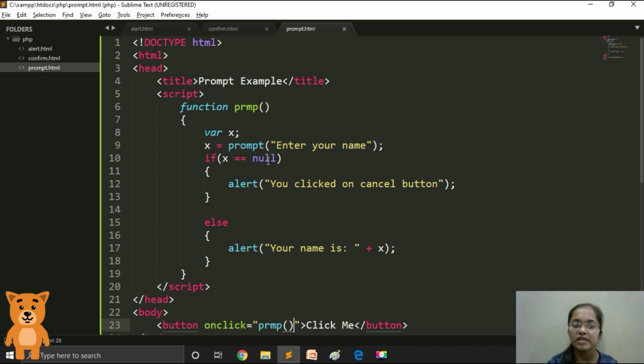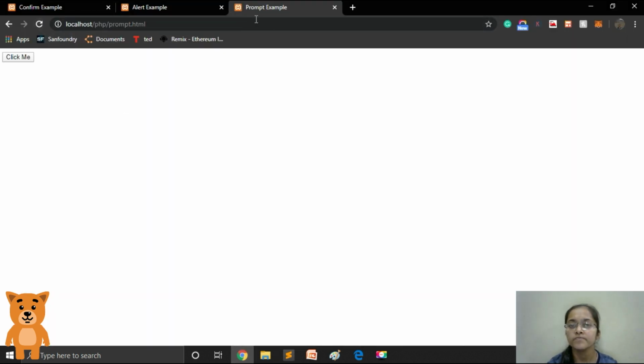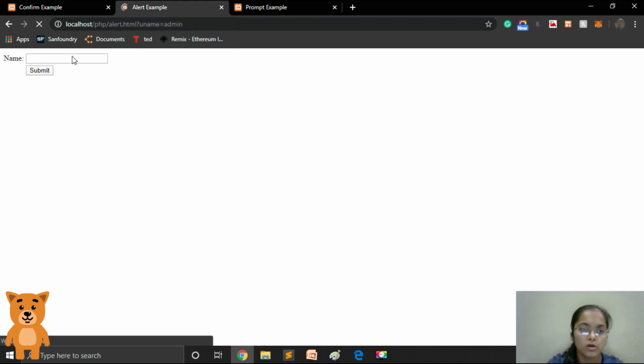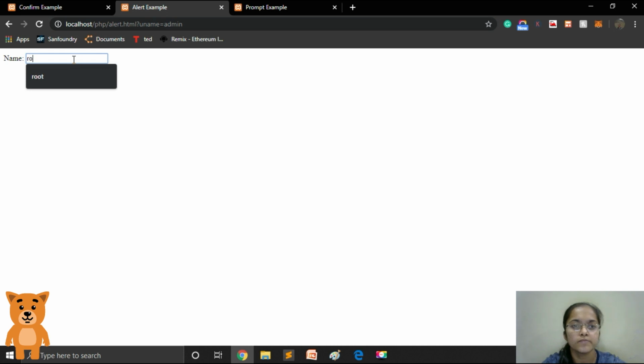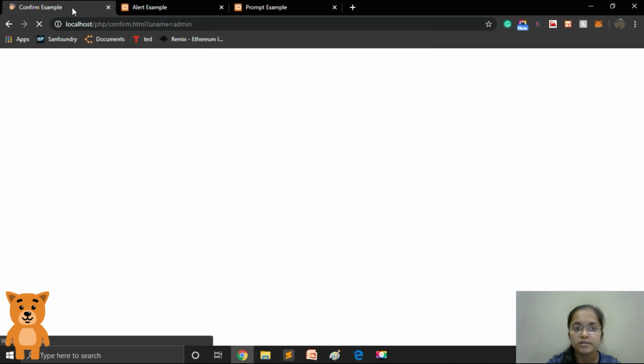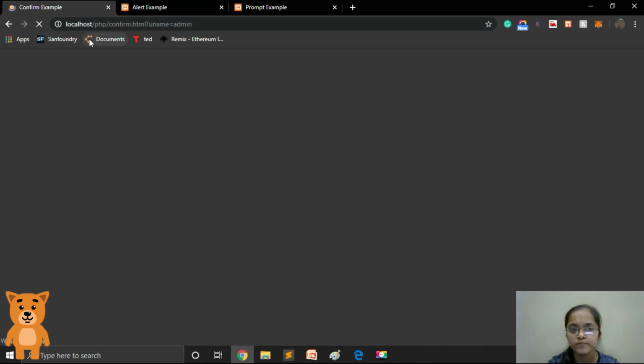Now there is one task remaining, that is to see the difference between all three dialog boxes. First of all, let's see the alert. Okay, when I type the name over here and submit, the alert box displays only the message and OK button. Now let's move to the confirm.